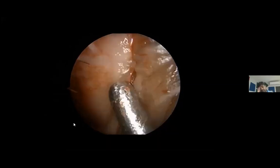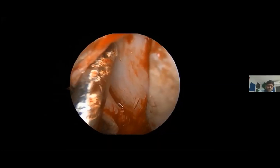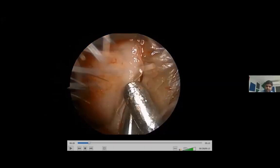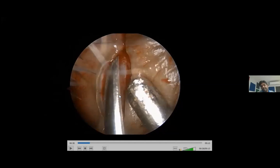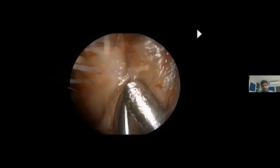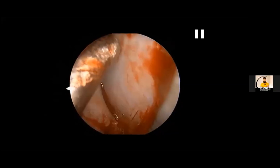The initial part of the elevation will be a three-handed technique where the assistant puts a suction and the surgeon tries to get into the mucoperichondrial plane with the right hand, and the endoscope is held at the vestibular portion of the nasal cavity with the left hand. Once we have entered this mucoperichondrial plane, the assistant is asked to...